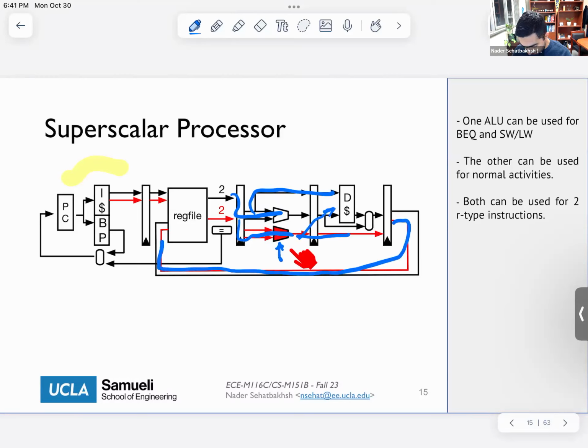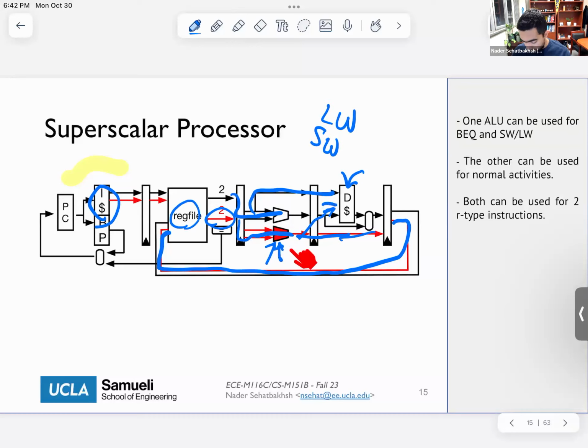The last thing that we need to add is a write data, a second port to the register file to write data. Okay, this is really all we need to do in order to build this two-issue superscalar processor. We are adding an extra read port for our instruction memory, a read port and an output port for our register file, a new ALU, and then the wiring, and a new write data to the register file. The limitation here is that I cannot have two store words, or one store word and one load word,